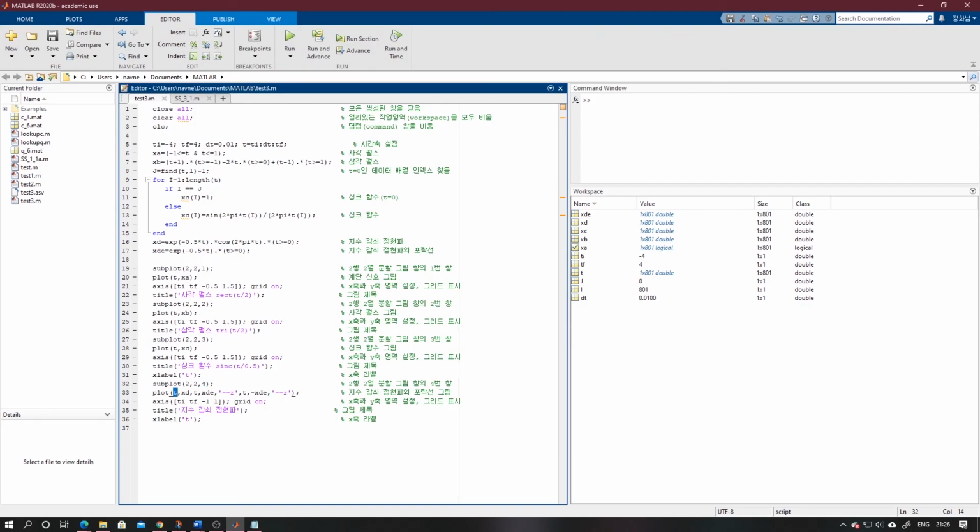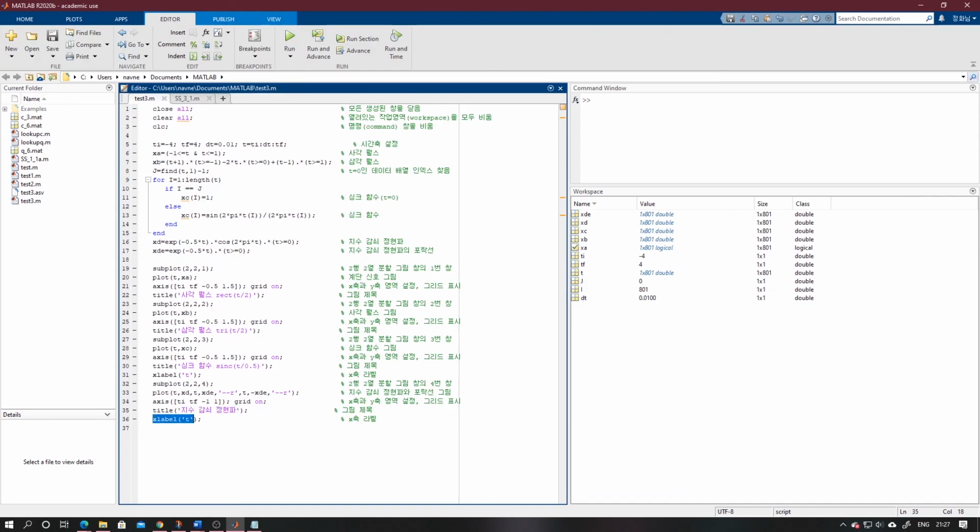And the final one is subplot at position 4. We will plot everything, like t, time, xd, that is the exponential decay sine wave, then the exponential decay envelope with the line specifier double dash red, and double dash red also for both of these.